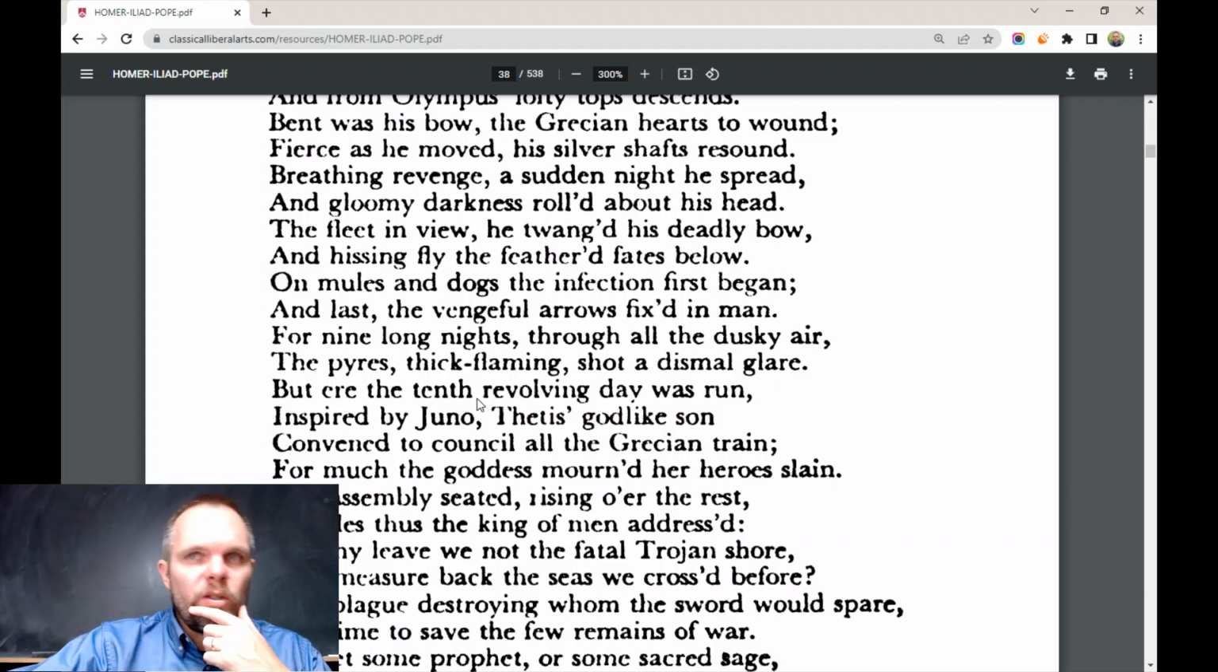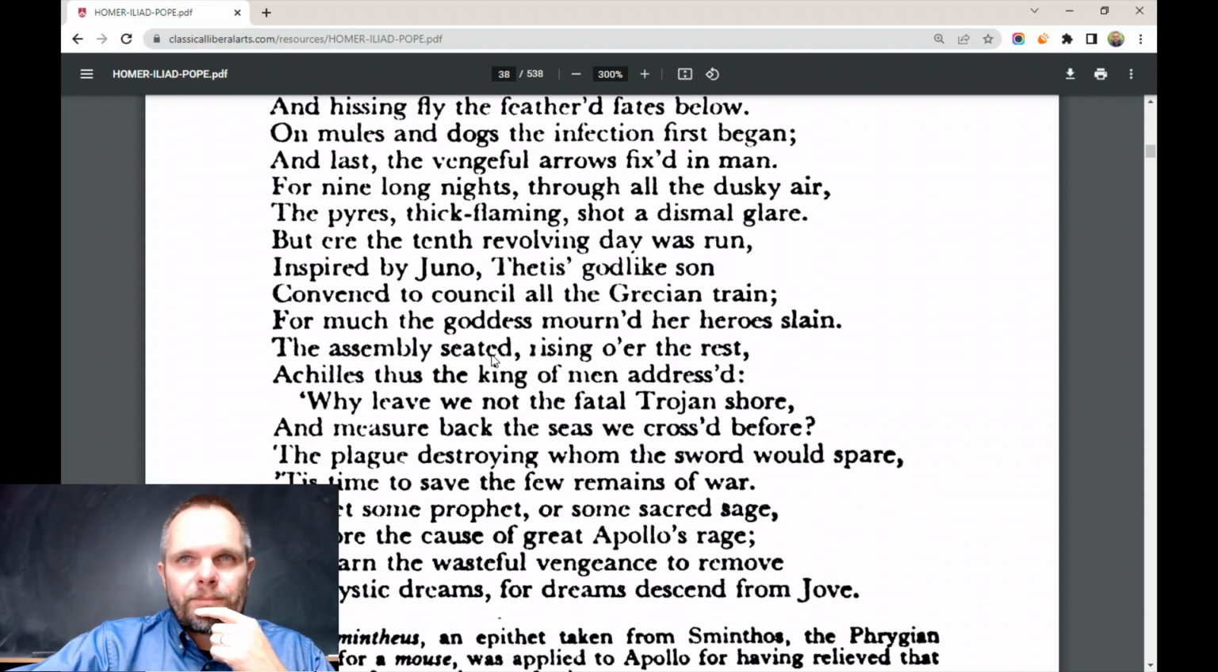We're also told that Achilles is the god-like son of Thetis. Thetis is another of the goddesses, and she is Achilles' mother. So Juno inspires Achilles to call the Greeks together because Juno was mourning because the Greeks were being killed. She loves the Greeks. The assembly gathered together, and rising o'er the rest, standing up and over the other Greek